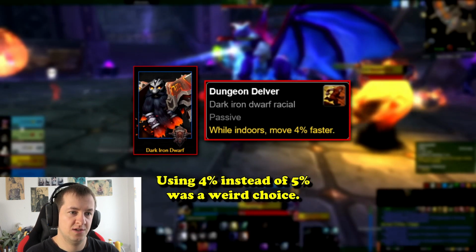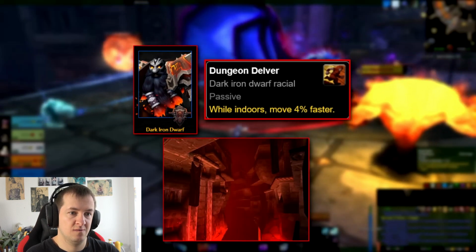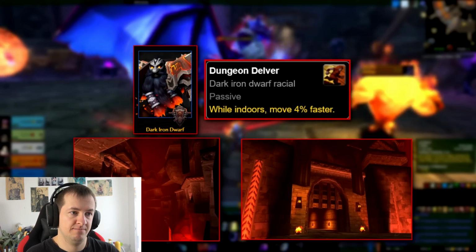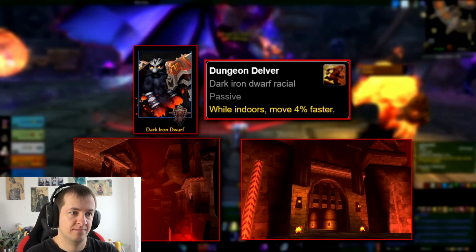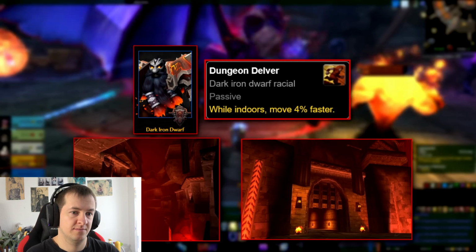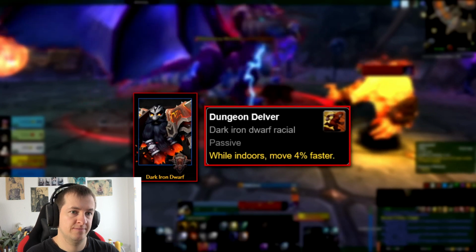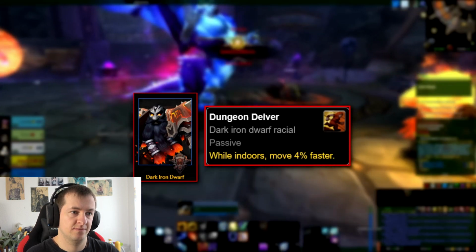The lore behind this ability is pretty simple. Dark Iron Dwarves founded and live in the city of Shadowforge, which is in the dungeon Blackrock Depths. Given the long time Dark Iron Dwarves have lived far underground, it makes sense that they would have adapted to be able to easily maneuver in dark and twisted passages. While not the most impressive of movement speed abilities, Dungeon Delver still is a movement speed buff, and can be very helpful in any dungeon or raid,